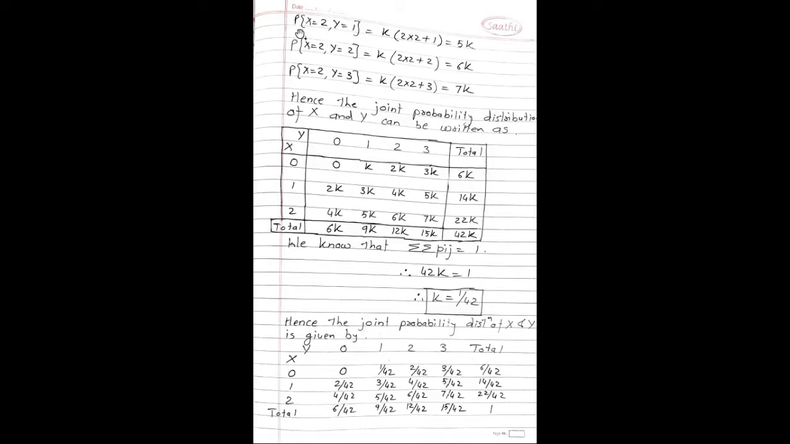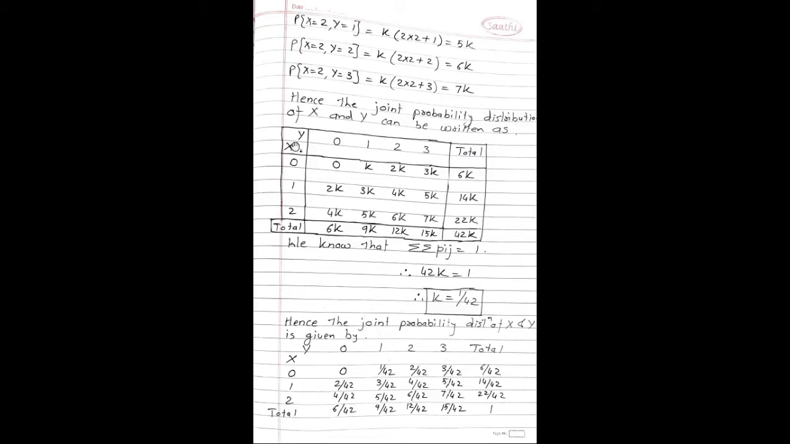Next possibility, probability x is equal to 2, y is equal to 1 is equal to k into bracket 2 into 2 plus 1. So that becomes 5k. Probability x is equal to 2, y is equal to 2 is equal to k into bracket 2 into 2 plus 2. That becomes 6k. And last possibility, probability x is equal to 2, y is equal to 3 is equal to k into bracket 2 into 2 plus 3. So that becomes 7k. Hence, the joint probability distribution of x and y can be written in a tabular form